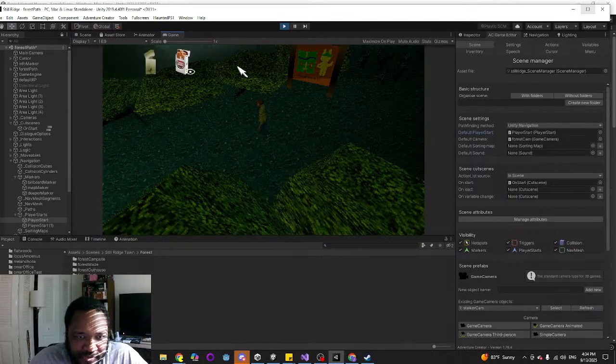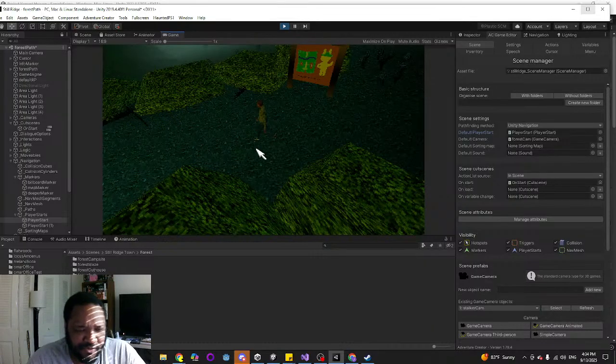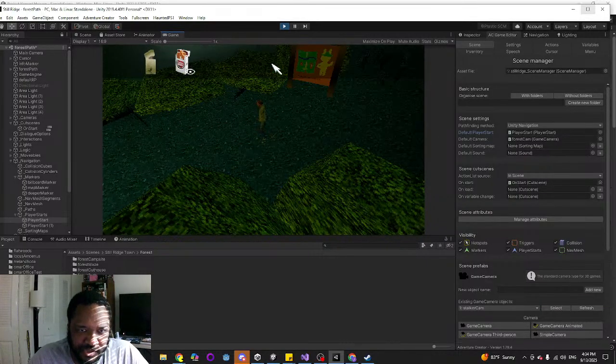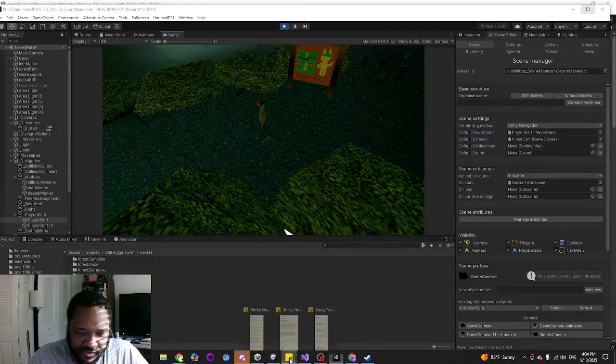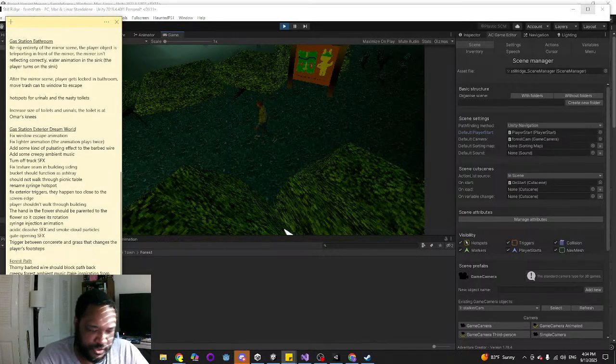I either need to bring the camera up or I need to shrink the inventory, because it's a little annoying having the inventory pop up so high on the screen. So bring exit cam up, shrink inventory size.